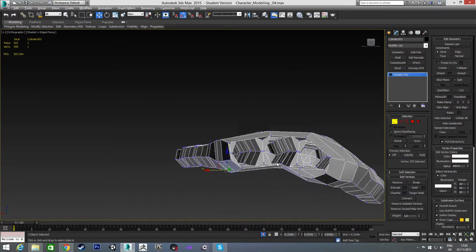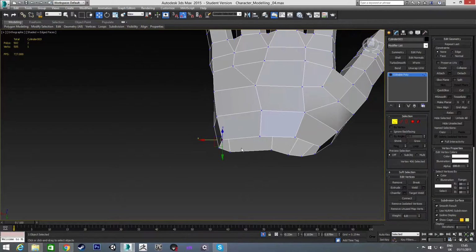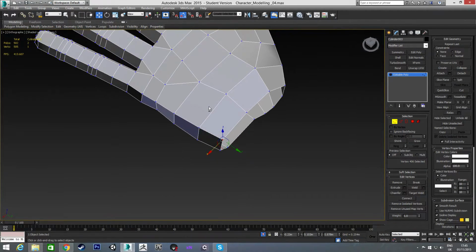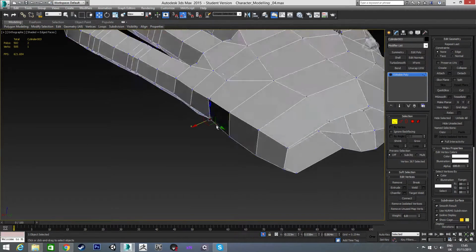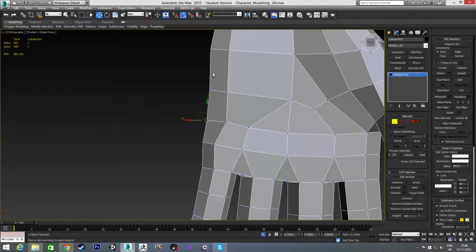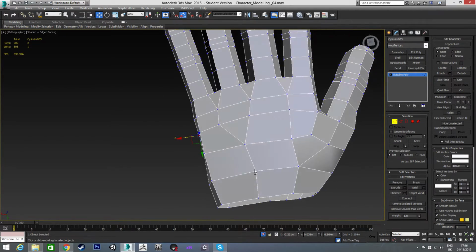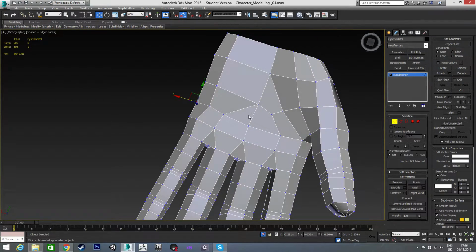Okay, so now we have all this, and what we're going to do is start to pull these in a little bit as well. So in, and in. Alright. So there's something wrong here. This edge here I think is in too far. Yeah, it was. Okay, so we've done that triangle on the top, and we've done that triangle on the bottom,